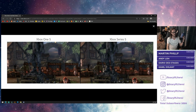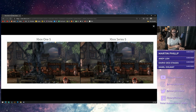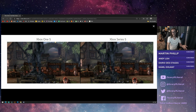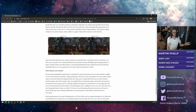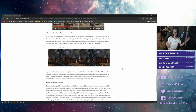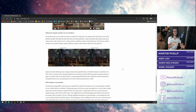You have a screenshot of a game here, and you can see how much clearer, how much cleaner these lines are after being upscaled. Look at this person's face down there. It's a muddy mess there. It's a face over here. Improved texture filtering is also coming to backwards compatible titles on both the Series X and S. That makes a pretty big difference. So not only are certain games going to get better frame rates and potentially better resolutions